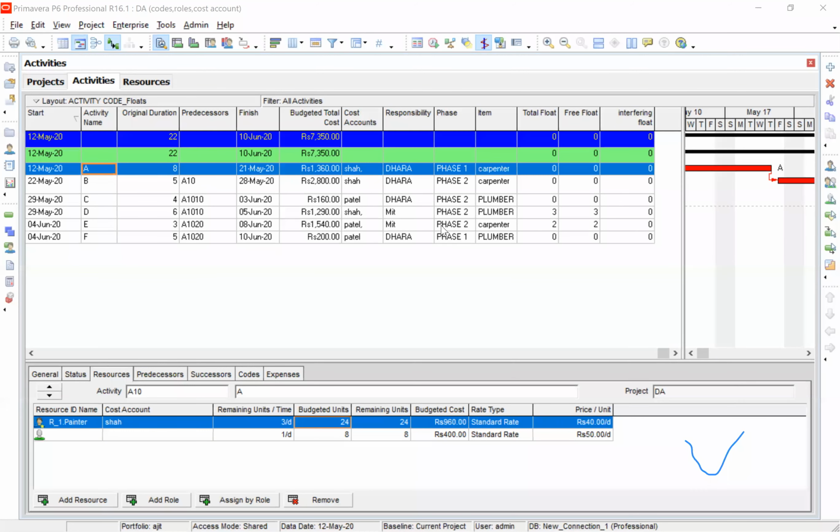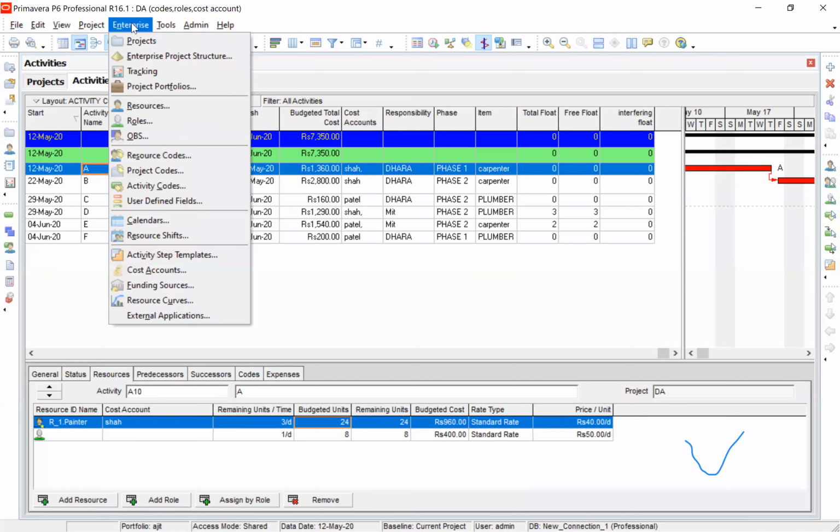All right. Now, on this screen, you see a new item, which is cost accountant. Cost accountant is something that companies keep. In a larger company, there are many accountants, and they pay for amounts below 50,000, 50,000, 1 lakh, and so on and so forth. So Primavera has this facility, and I will show you how that cost accountant works.